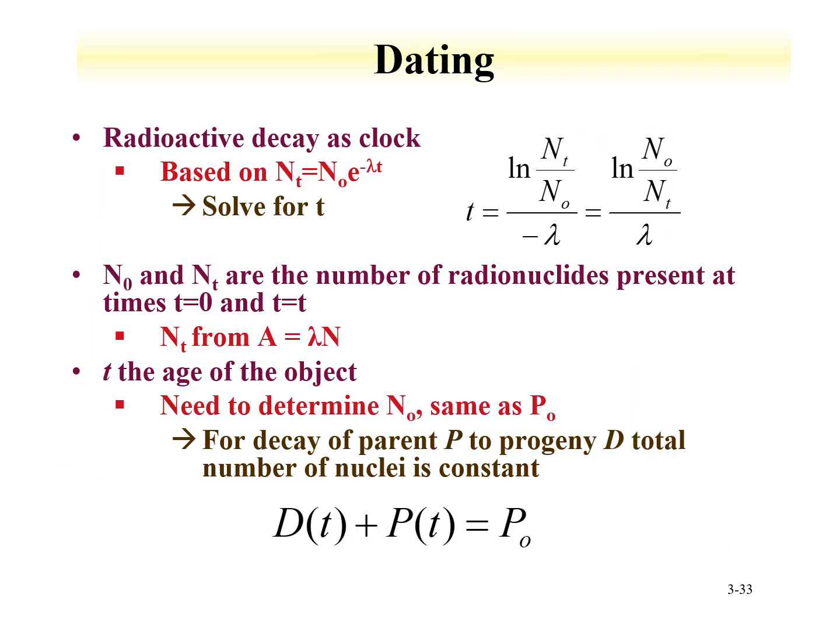So if we have a long-lived isotope that decays to some ground state or stable progeny or long-lived progeny, we can use this as a clock to determine the age of something. And the clock is basically from this equation where the number of atoms at a given time t is just equal to the number initial times e to the minus lambda t. So let's rearrange this equation and solve for t, and the equation becomes what is shown here, where t is equal to the natural log ratio of the initial and the number of atoms at time t, divided by the decay constant